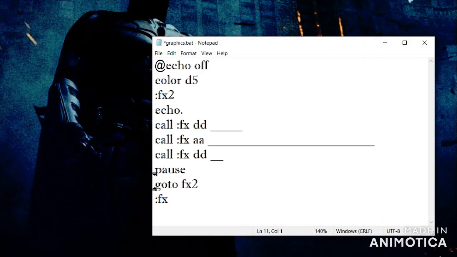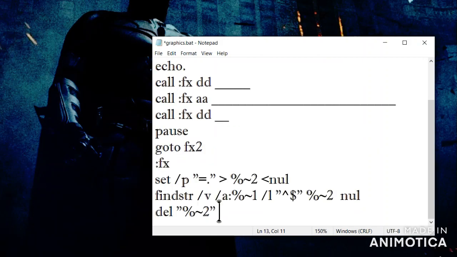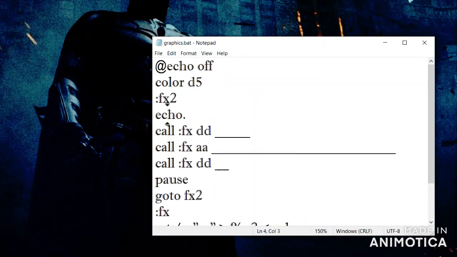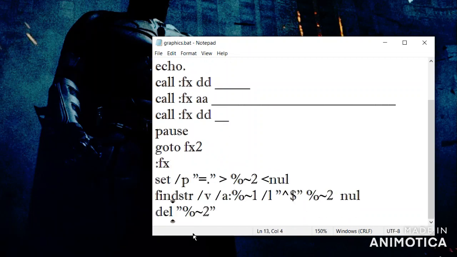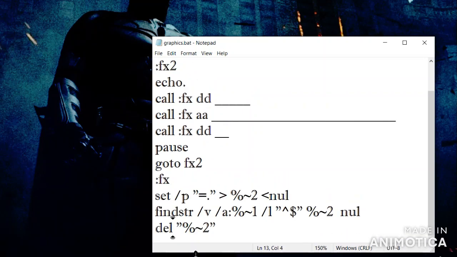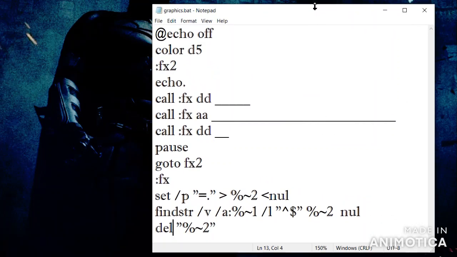So here's the code which helped to make a solid box of color after representing a green colored font with a green background. At first we have to create an impressive background, and the colors must be like F7, D5, 39, 6E or C4. Here we need only two functions, fx and fx2, and by calling the function fx we can make our graphics. The last set of tokens here represents the findstr utility, where one can find a string after